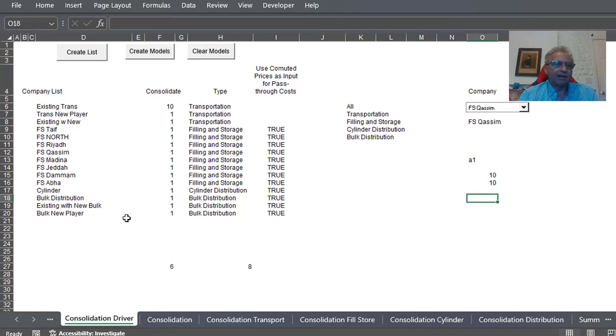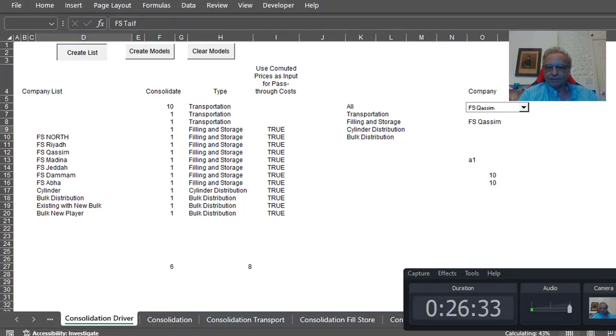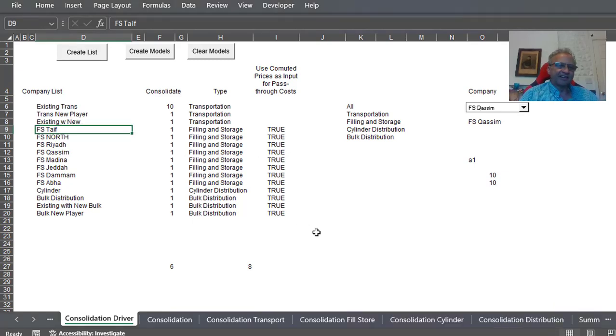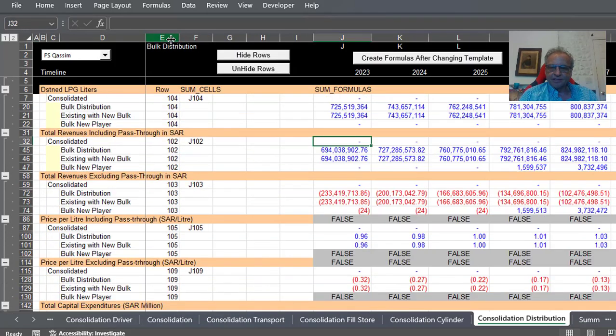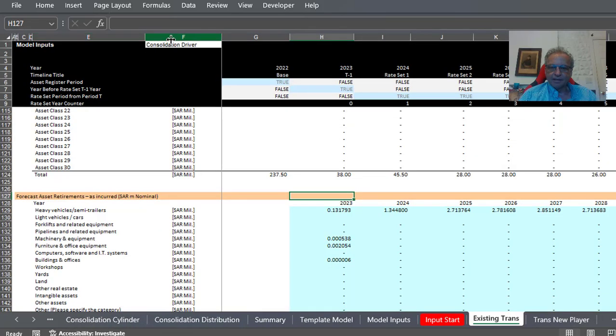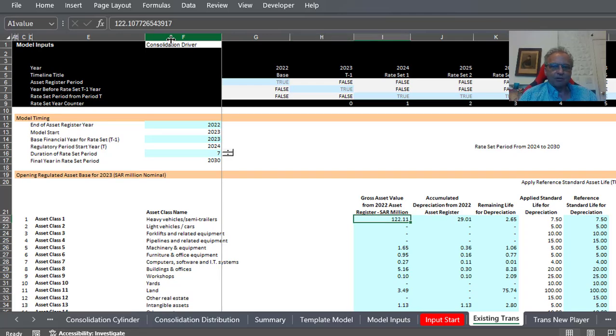I've got it here. I've got to create the list maybe, just a minute. Okay, it turns out I didn't have to do that. But now I want to get over here. I've got a nice little blank line. Let's go to every single one of these, up here, existing transmission, and let's get some data. How about we get